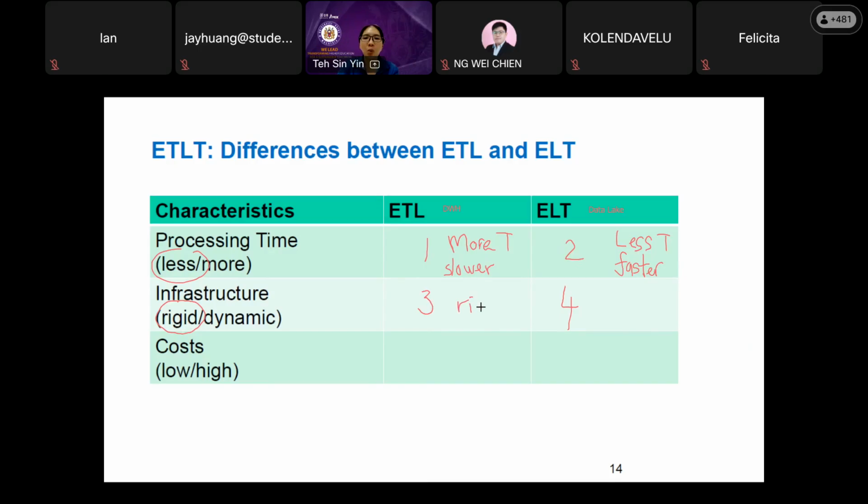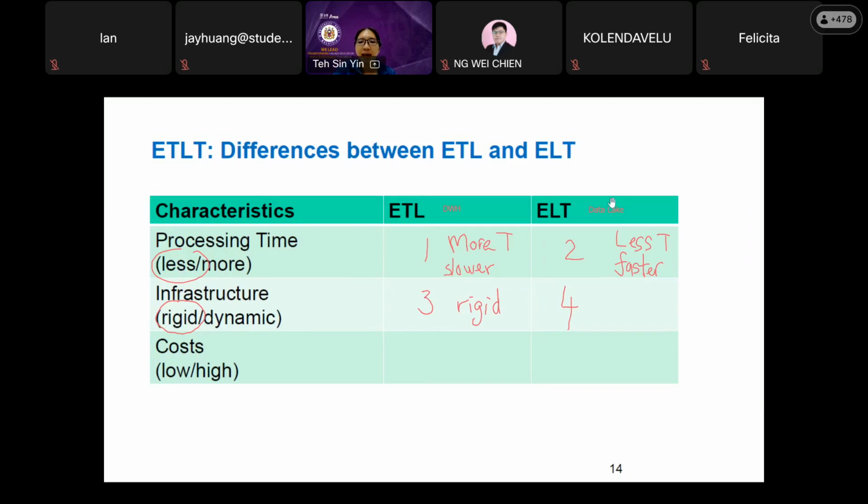The data warehouse is more rigid. It can only accept structured data, and it has very limited scalability. You need to have a physical infrastructure. For example, if you have a server, you need a place to put your server, so your infrastructure is very rigid.